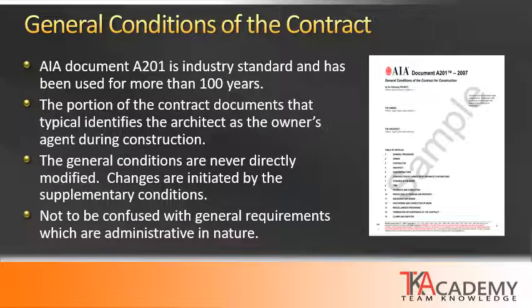The actual written part of the agreement between an owner and contractor can be very brief and limited in its content, but it does typically refer to other documents outside, and one of those is the general conditions of the contract. AIA publishes the document A201, which spells out the general conditions of the contract. This has been around for well over 100 years. Has become the industry standard.